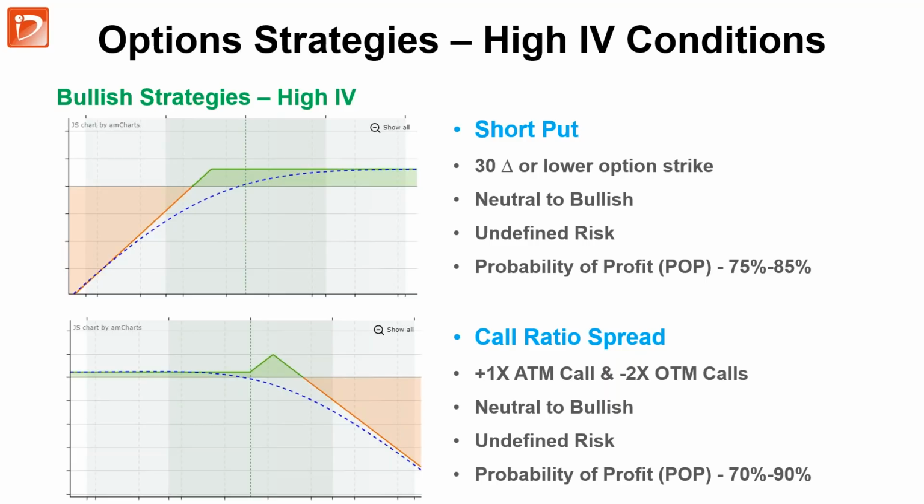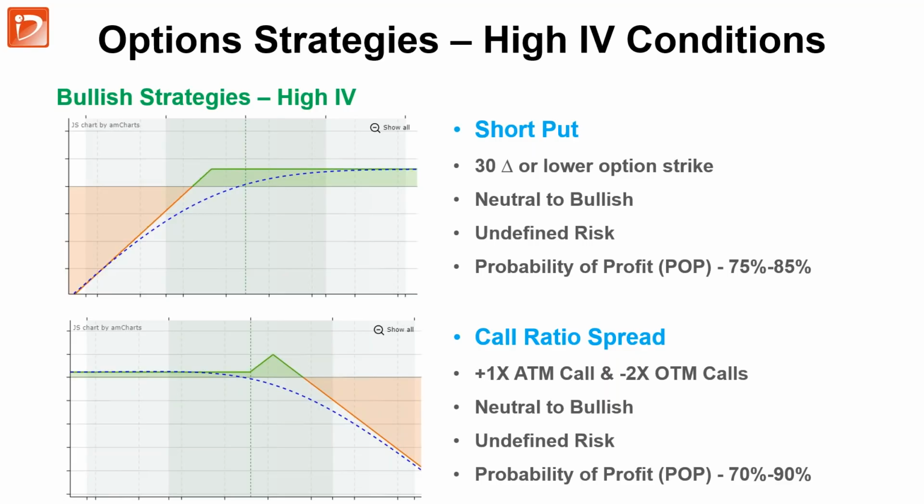So it's easy to talk in terms of delta. You can use a width of around 30 delta. So if I buy the at the money call, which is 50 delta, then I can short two out of the money calls of around 20 or 30 delta. Got it. Okay. So you have to choose accordingly, so that you get a payoff where you don't have any downside risk, and then it is bullish on the upside. So you have to play around with those strikes to get the proper payoff.